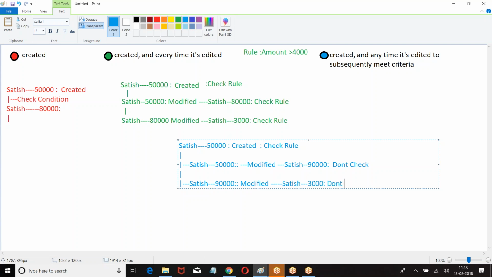What should I do? Don't check, because the record you are trying to modify is already meeting the condition. So don't check the condition again.